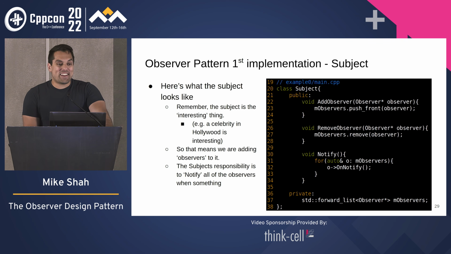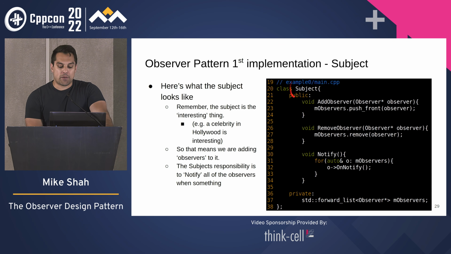All right, but let's take a look at our implementation here where we have a subject. So here would be an example of what you could have for a subject, just a concrete class here, okay? And remember, this is the thing that we're interested in. So again, if you want to remember the analogy, you could think of it like a Hollywood celebrity or something that's interesting and you might want to observe. So the idea looking at this code